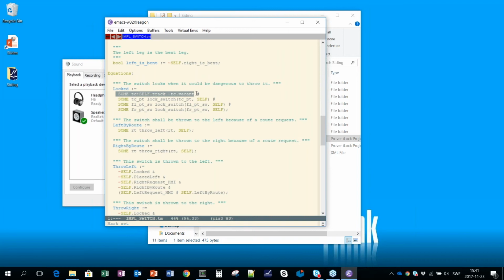So the idea is that if you put something on the track, it should not be possible to throw the switch. Then the second option here is when the path over the switch locks it, simply because it's a locked route, for example, then the switch is kept locked. Then there is an option for flank protection and one for front protection here. But if I take away the stuff that actually checks that the switch is vacant before throwing it and saving like this,